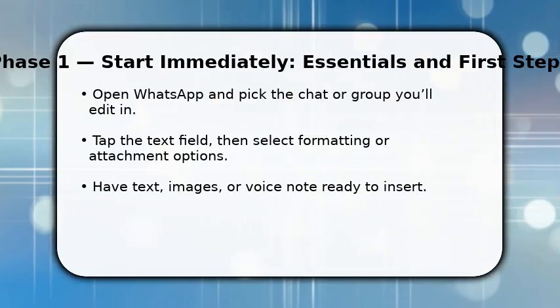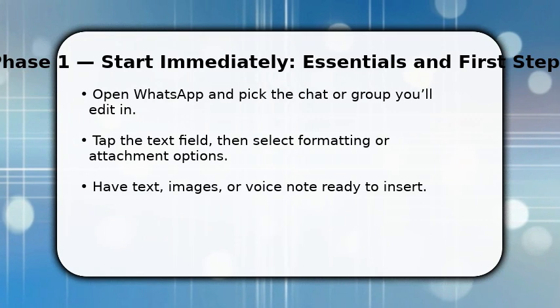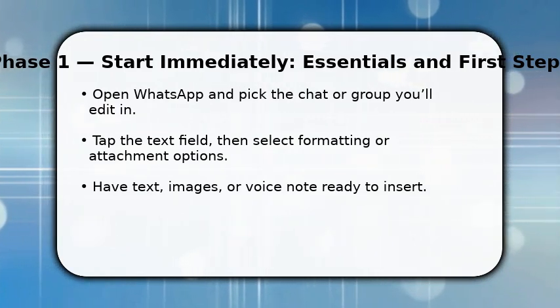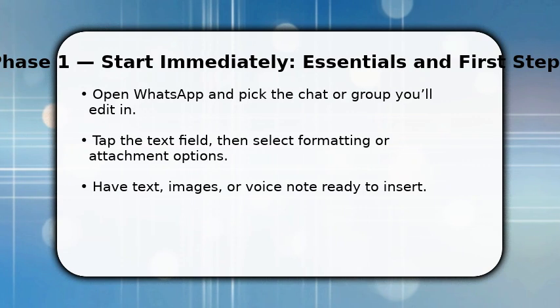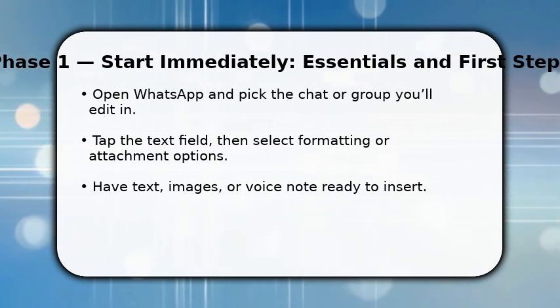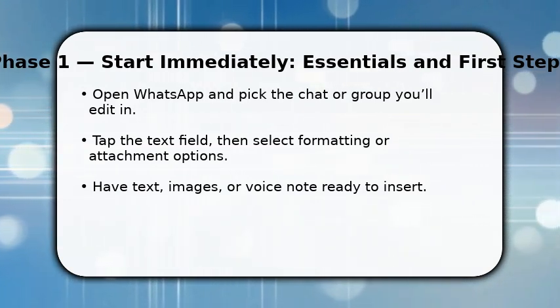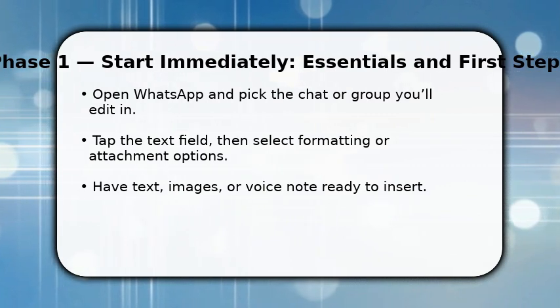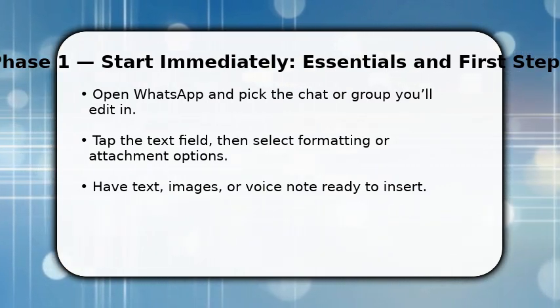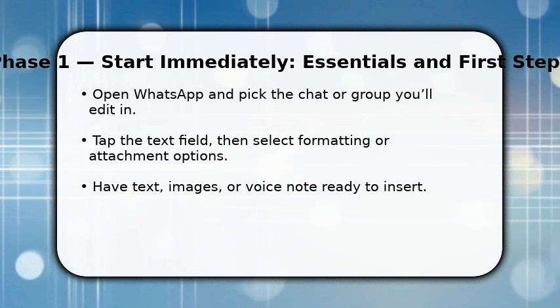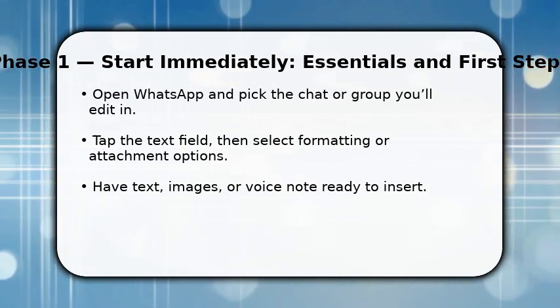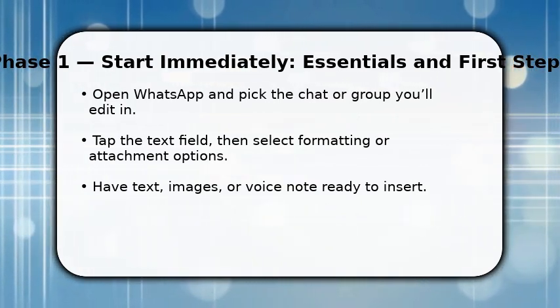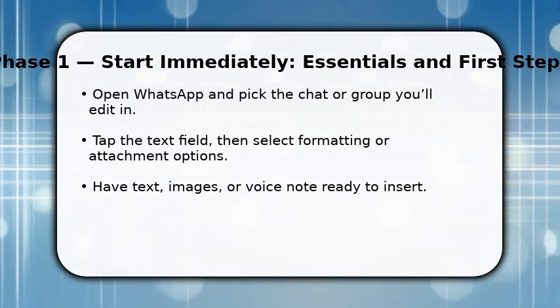You begin by opening WhatsApp and selecting the exact chat. That makes actions immediate. Once done, tap the text field to bring up the keyboard and make sure formatting and attachment icons are visible. You prepare what you'll write, short text, an image, or a voice note, so you don't interrupt flow. Then, use the paperclip for files or the emoji and formatting controls to start applying bold, italics, or